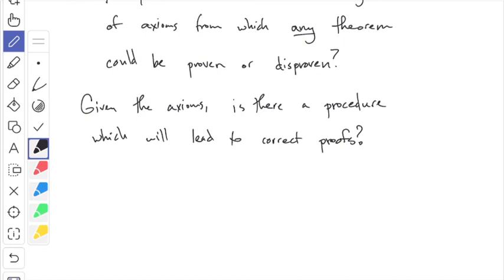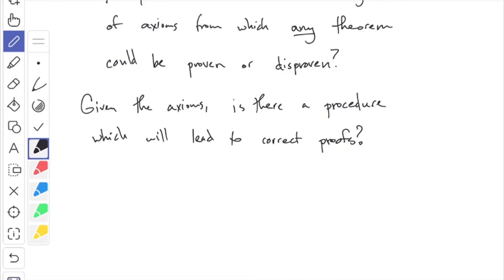It seemed that maybe you could, in modern terminology, program a computer to just create proofs of everything. If all you had was 5 axioms, or maybe even 10 axioms, could there somehow be a procedure for recombining axioms together that would suffice to prove any theorem you could ever imagine? I don't know if you've ever thought about this, especially in the context of mathematics. If there were such a thing, then